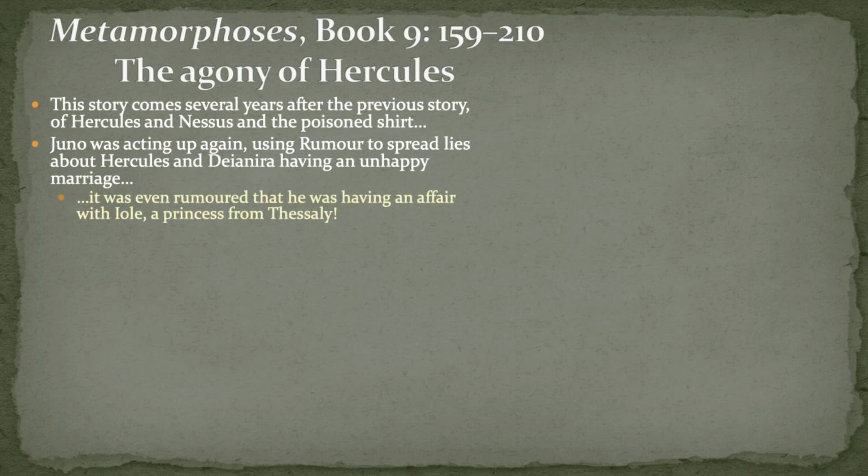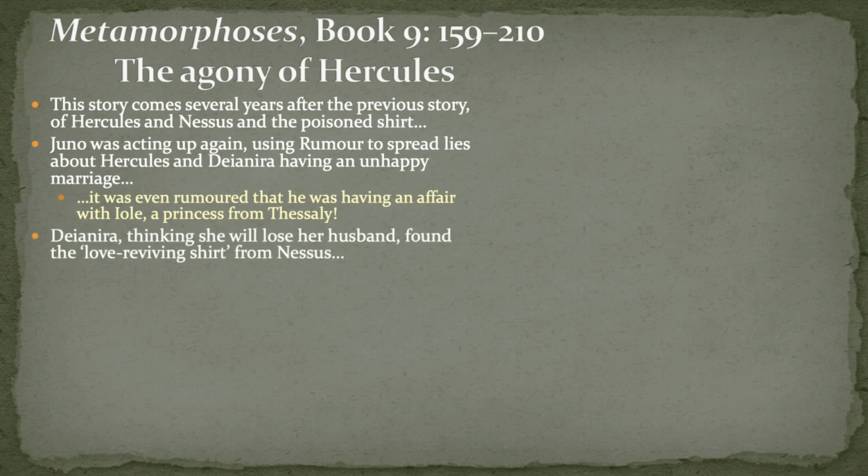So much so that Deianira hears and starts to believe that Hercules is in love with, or even having an affair with, Iole, a princess from Thessaly, and Deianira is going to be replaced. Deianira, thinking she's going to lose her husband, whom she really loves, but also, a woman's status is very much dependent on who her husband is at this time. She goes and she finds the apparently love-reviving shirt that she was given from the period of time that she